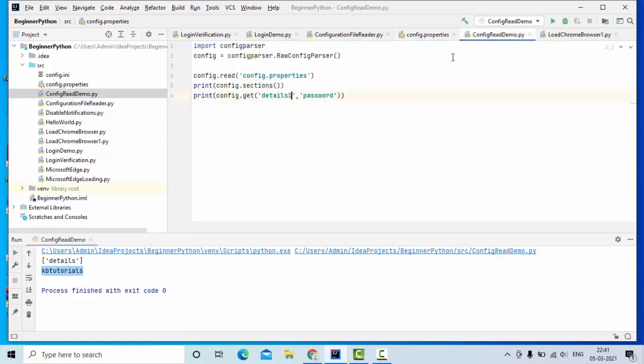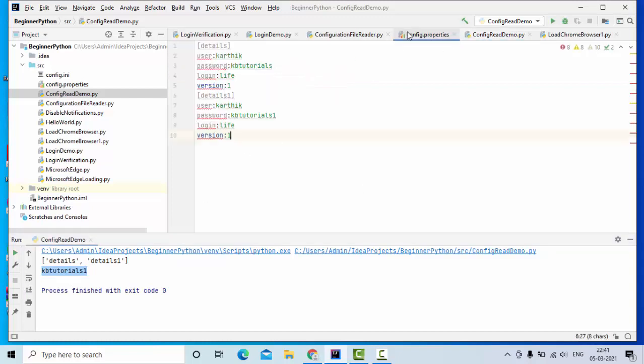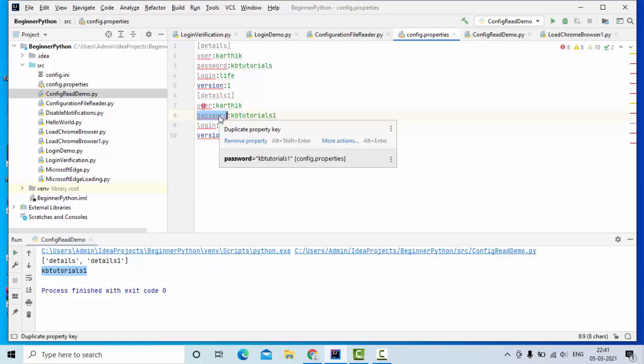Let me try to run this. Now you could see the section I am using is details1, and I am getting the corresponding password. So the field name is the same, password and password.